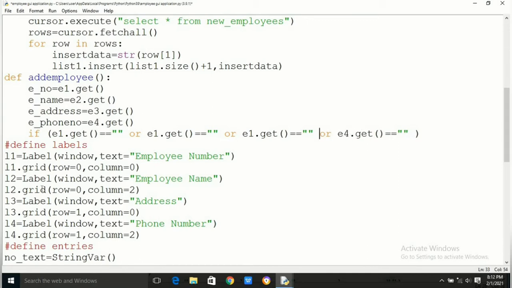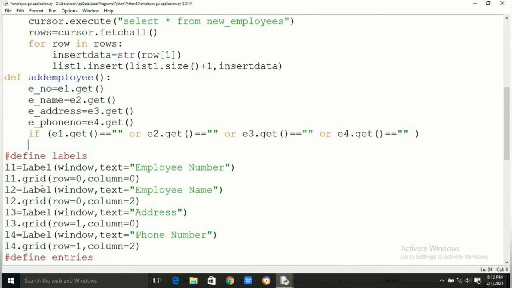And we are showing the message insert status. Instead of delete, you can write insert status and all fields are compulsory. The message you can write as per your interest, whatever you want to show to the user.